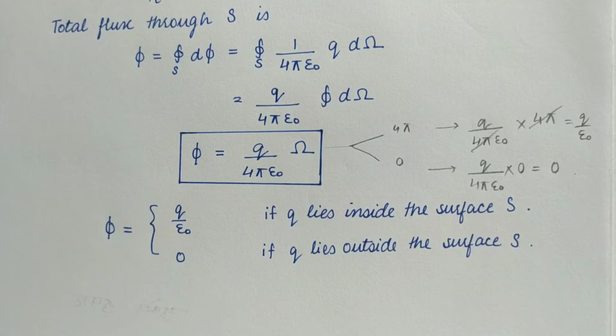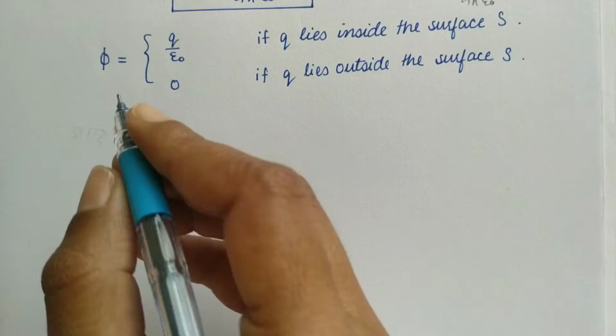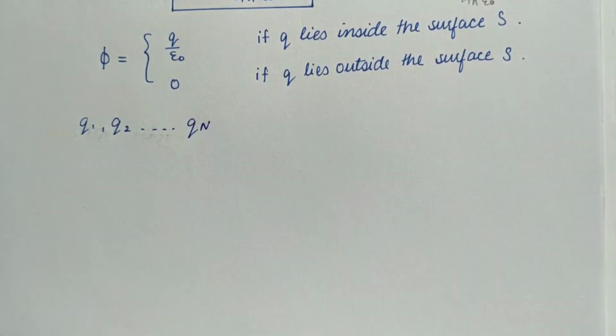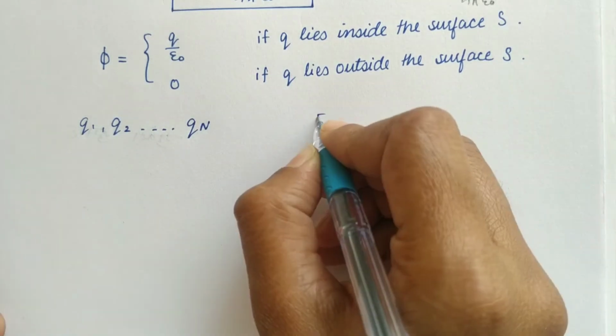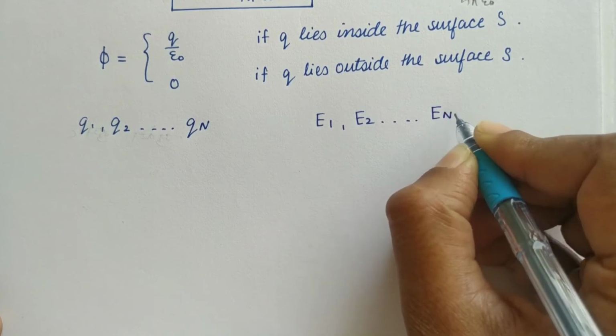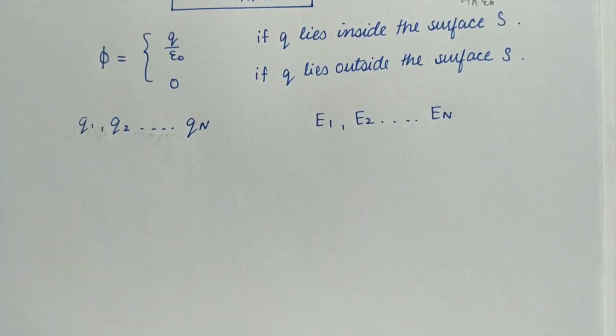Alright. Thus, in electrostatics, Gauss law is a direct consequence of Coulomb's inverse square law. So this equation shows the Gauss law for a single point charge. Now, if there are a number of charges q1, q2 and so on till qn inside the closed surface, then their electric fields will be E1, E2 till En respectively. So here we will apply the principle of superposition. Then we will get,